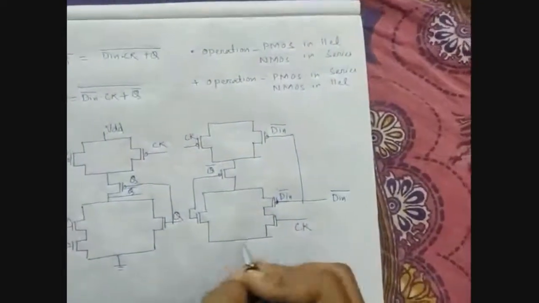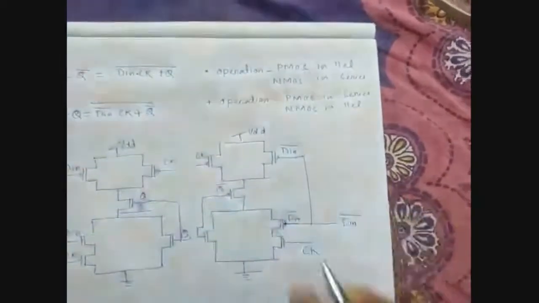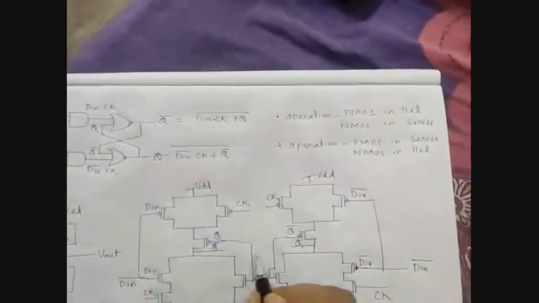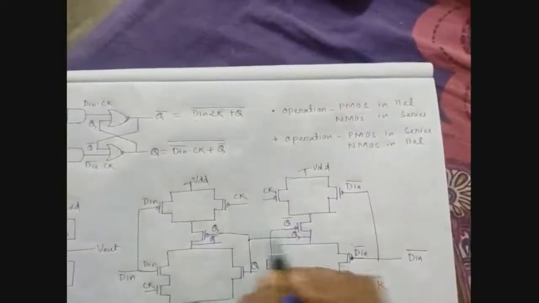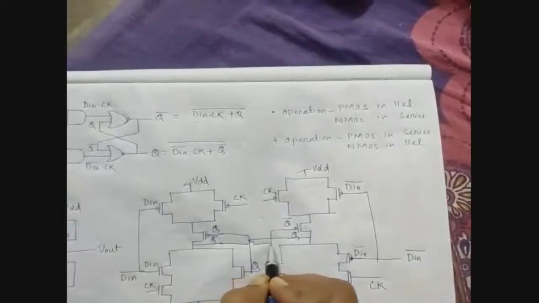Okay. Then ground VDD. Then from this point we take our output, that is Q. So as per the diagram, here the Q of this NOR gate is connected to the output. So here the output is connected to the input like this. Here this output is connected to this input.